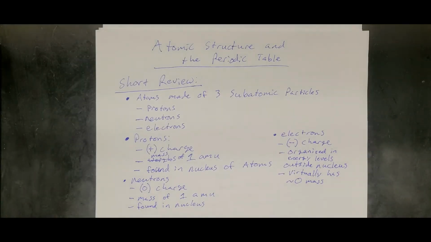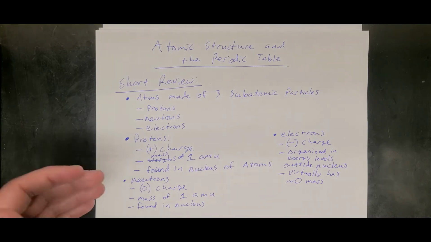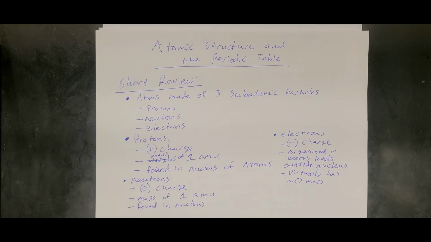Okay, here's our short review. Atoms are made up of 3 subatomic particles: protons, neutrons, and electrons. You can think of each of these things as portions of a magnet. Atoms are kind of like magnets in the sense that they have positive and negative components associated with them. Protons would be the positive component in an atom as they have a positive charge. They have a mass of 1 atomic mass unit, and they are found in the nucleus of an atom,